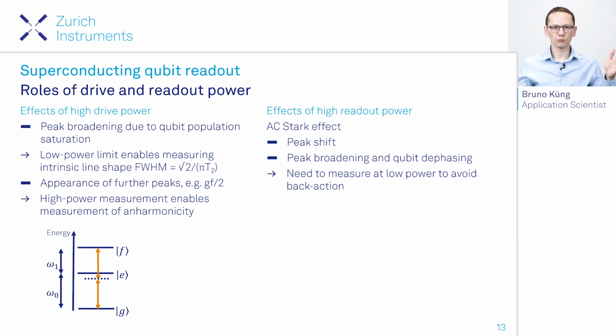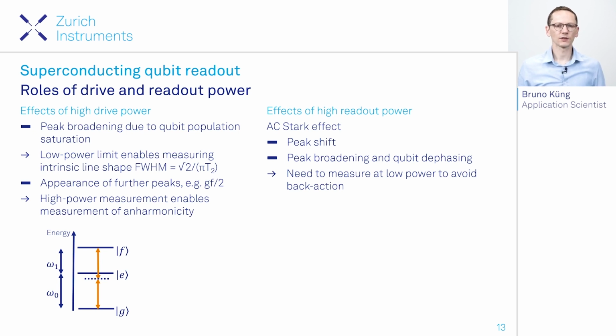And if we go to the low power limit, where we narrow the peak and then also observe a reduction of its amplitude, we can go to the regime where we see the intrinsic line shape of the qubit and get an upper bound on T2,